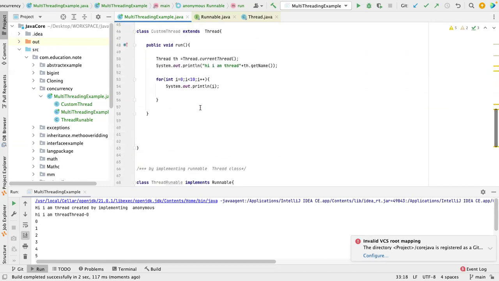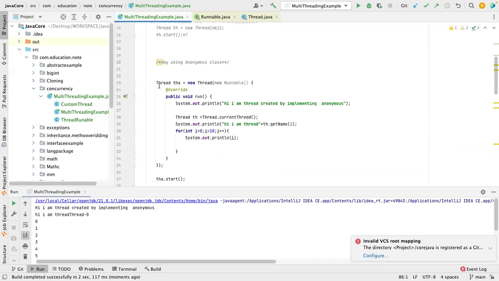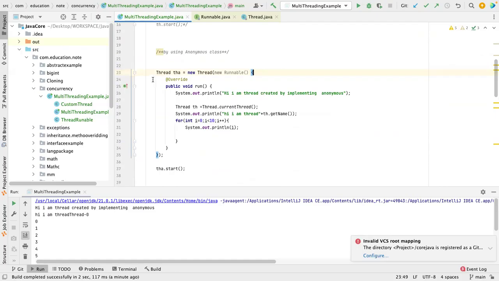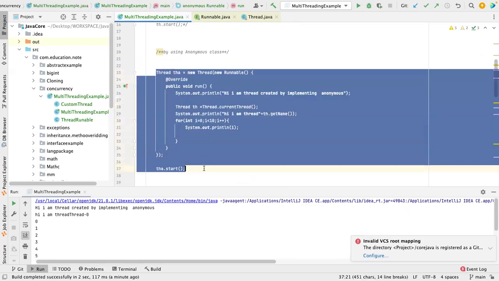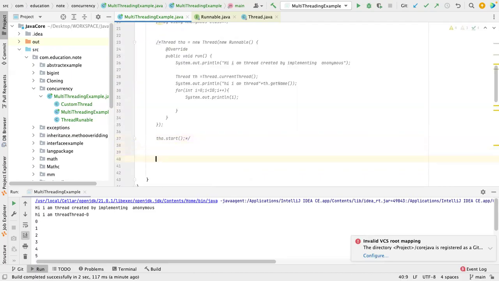Now, the fourth way, which you might understand and might not. The reason is I have not taught you guys this Java 8 feature till now, which is Lambda and all. So I'm just doing it as a comment. You guys go through that later on when you replay that video. So now the fourth way that we have,